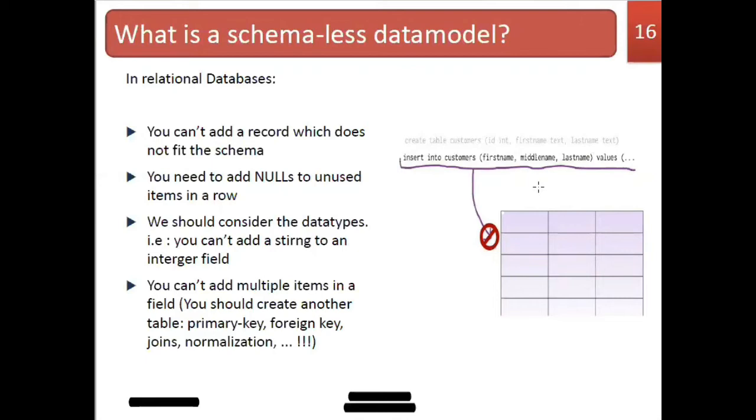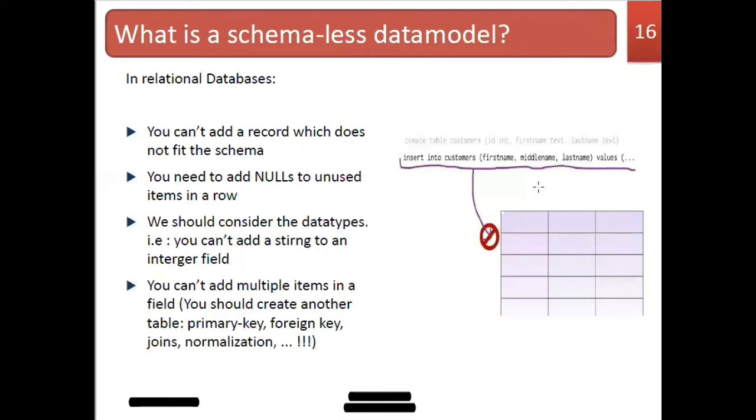Instead of giving ID number, first name, and last name, if you are inserting values with first name, middle name, and last name, you are not following the schema described in the table. If you are not following the schema, then you will not be able to insert the values into the same table. The insert command will not be executed if you don't follow the schema, right?